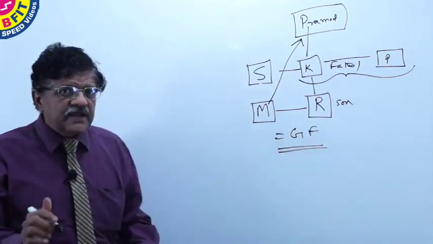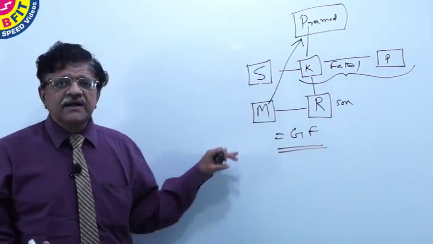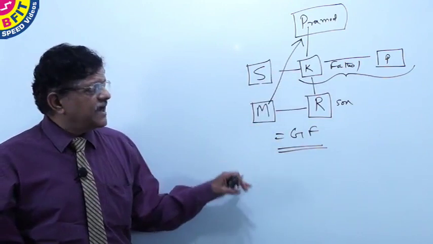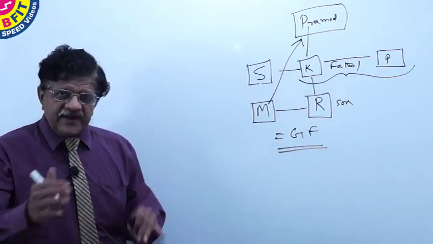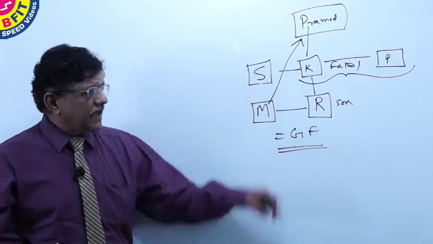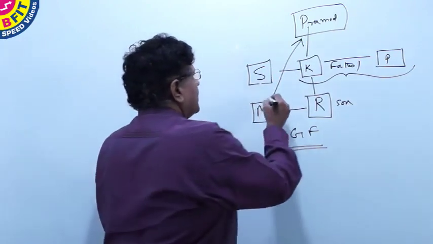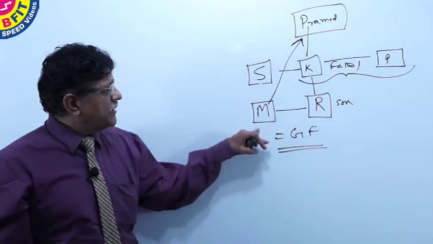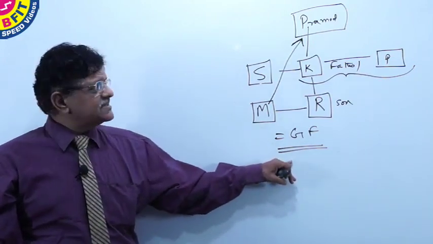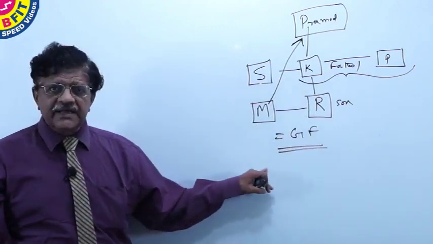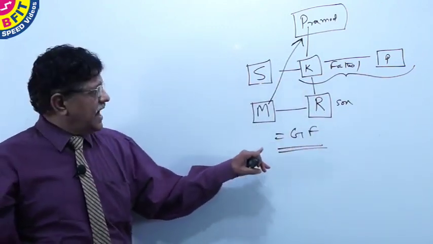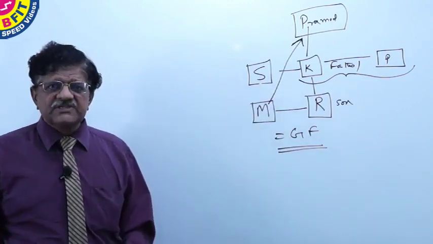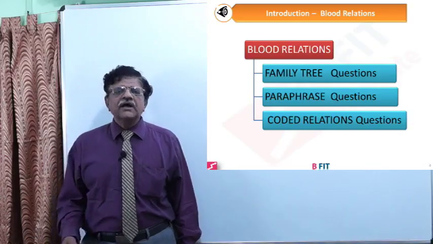Whenever we are asking, this is very important. People will draw the family tree very nicely, but they will make a mistake while drawing the arrow. If the question says how Pramod is related to Mala, you should rephrase it as how Pramod will be called by Mala, and draw the arrow from Mala to Pramod, the arrowhead showing Pramod. The answer is grandfather. So please draw the family tree diagram correctly with the representation of the generation, and then draw the arrow correctly, then you will get the correct answer. There will be no mistakes in the answers. With this brief intro, let us jump into the questions.